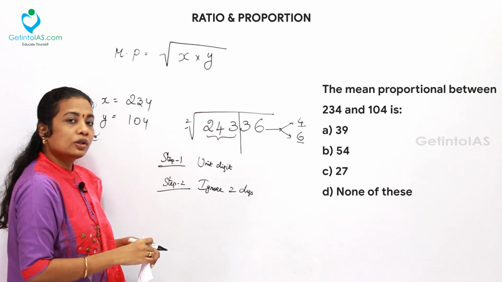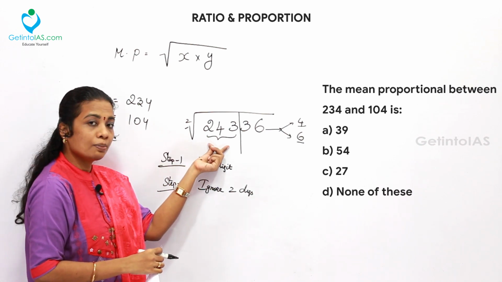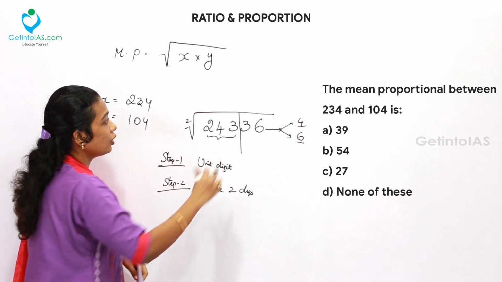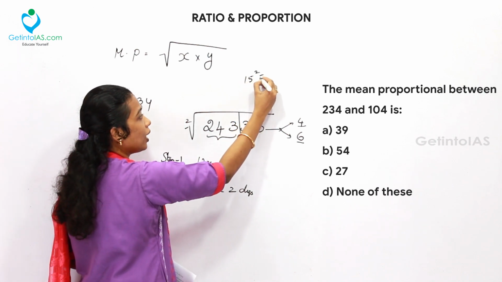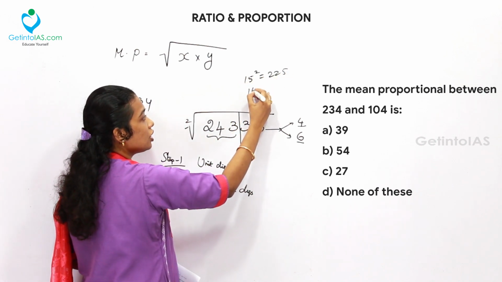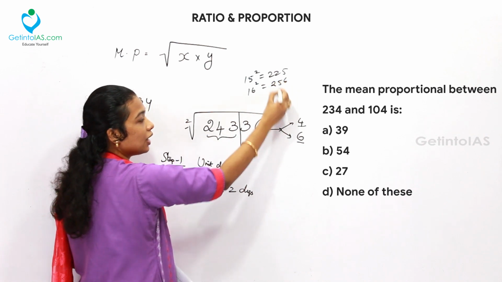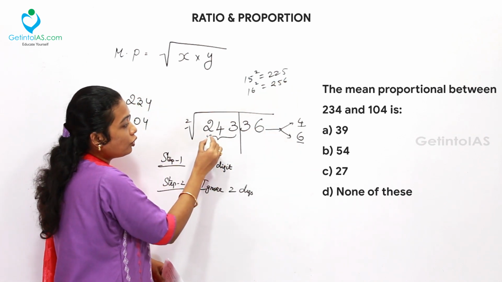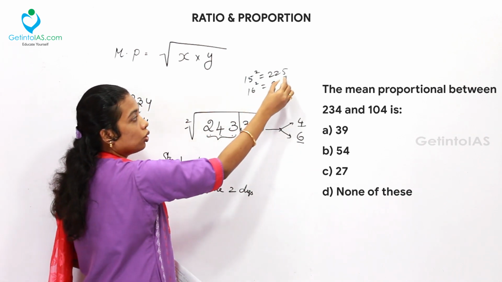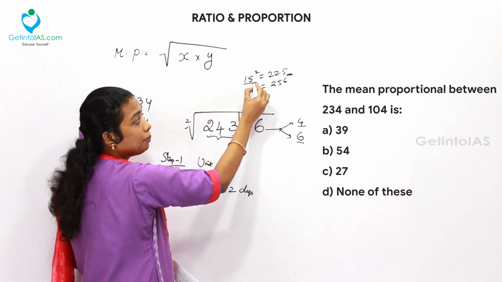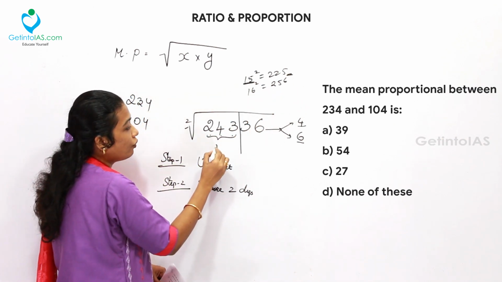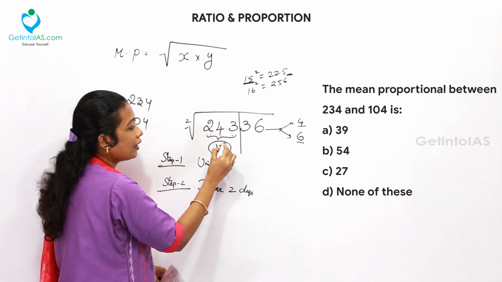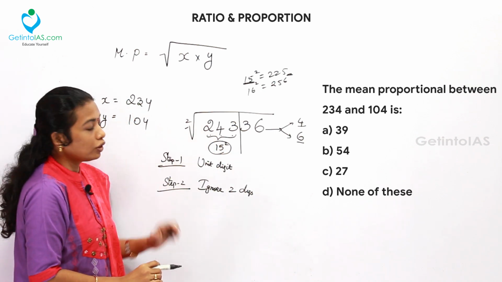Now, moving on to the square table and check which number is within the range. That is, you can get many values. 15 square is equal to 225, 16 square is equal to 256, like that, so many values. This number 243 is within the range over here, right? So, the number below is 15 square. So, 15 wants to be taken here. 15 square is there, 15 wants to be taken.